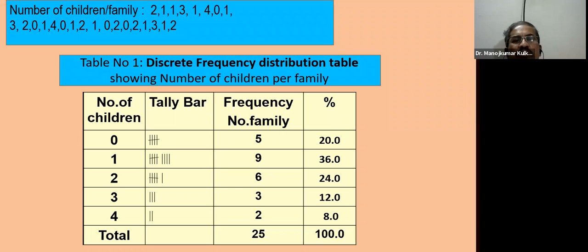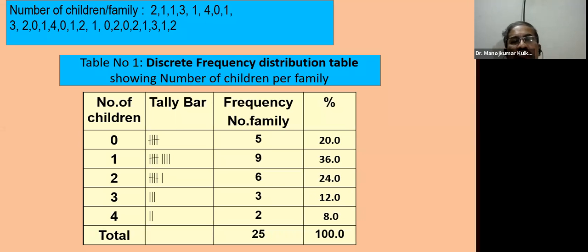Let us take, for example, that we have conducted a survey. We have measured the number of children in each family. In order to present this table manually, you should know the manual method also. This is the basic principle. In the first column, we take the variable under study. In the second column, tally bars, then frequency. We count the tally bars and find the percent. In the first column, the name of the variable is taken and the values are written either in increasing or decreasing order or as per our requirement.